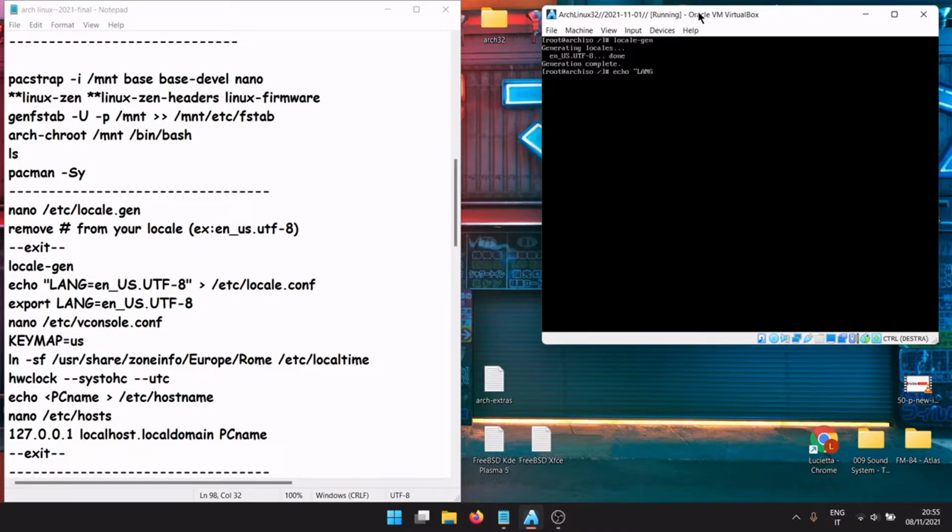Another thing, echo LANG= that one that you selected, > /etc/locale.conf. Now export the locale LANG=en_US.UTF-8, enter. Now edit